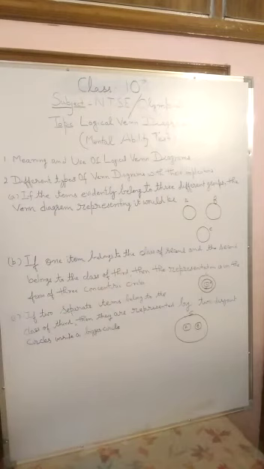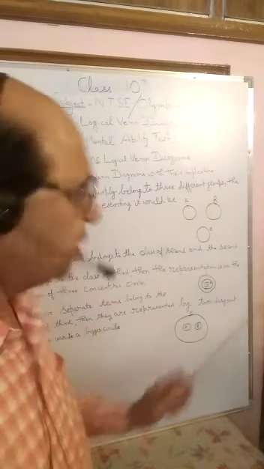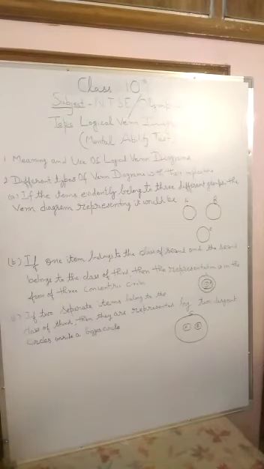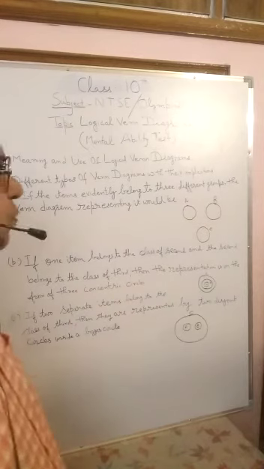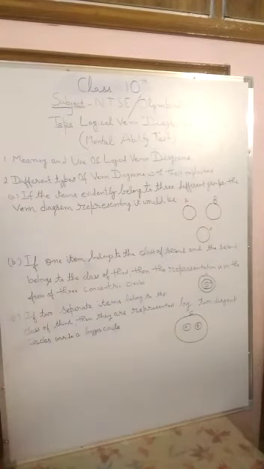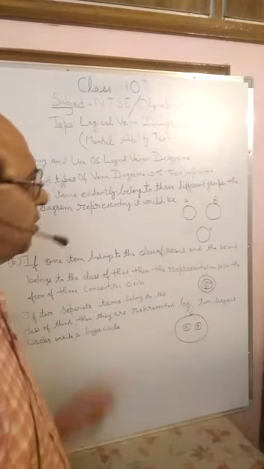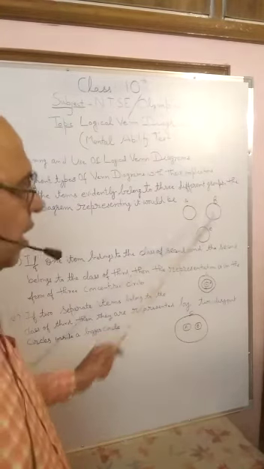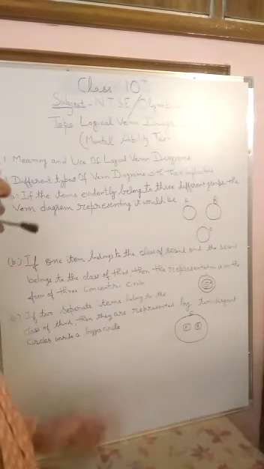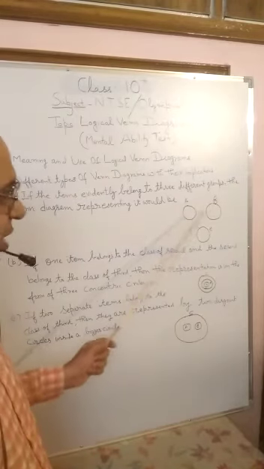Now we will come to the second part, different types of Venn diagrams with their implications. Dear students, the first type of Venn diagram is this: if the items evidently belong to three different groups and these are not dependent on anyone, they are independent, then the Venn diagram representing it will be three disjoint sets. For example, A, B and C. These are three different sets, and these different sets have nothing in common.